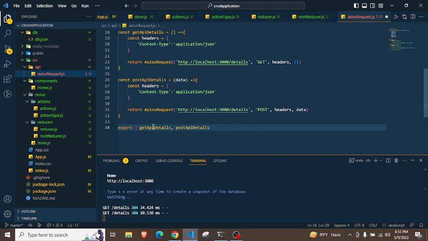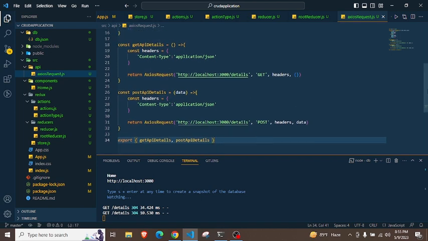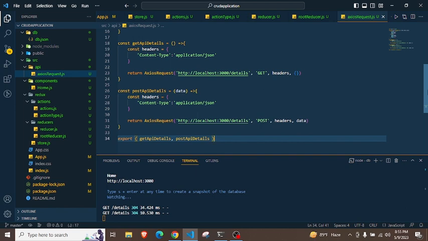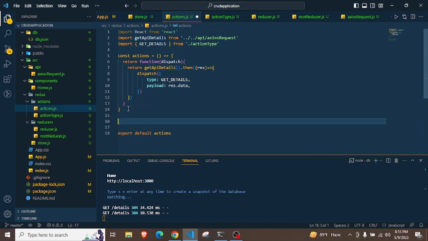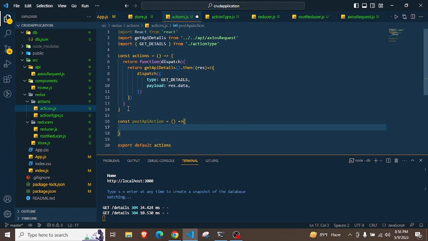Now we need to go to the action.js. Into the action.js file, we need to create a constant post API action, create an arrow function. Now right here, return